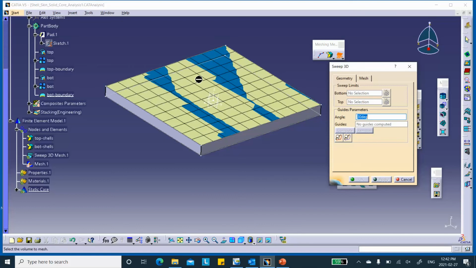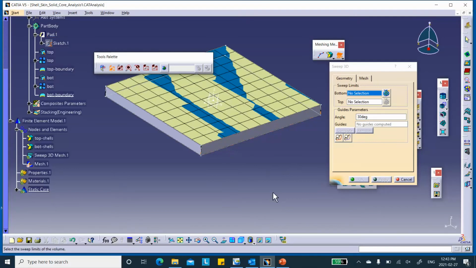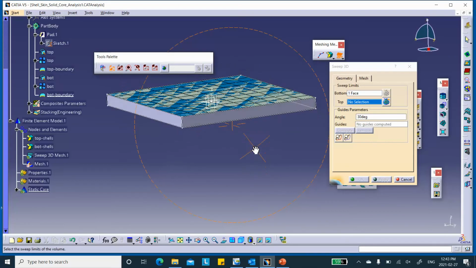They try to do something here. It doesn't work because it's saying select the volume to mesh. So it's this volume right there. Now it says either the top or the bottom. In other words, you start from a shell at one end and you want to go to the other side. So I select the surface on the top. Notice the color is slightly changed. And for the bottom, I go and select the bottom,